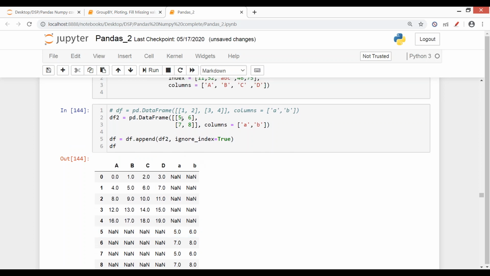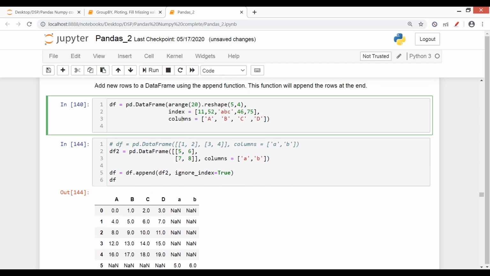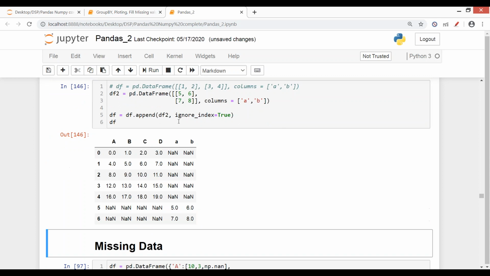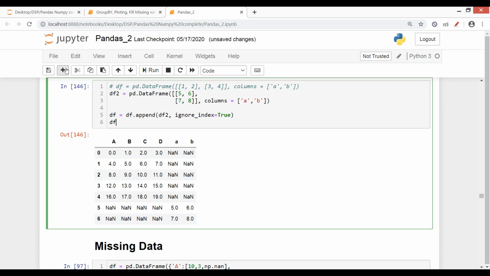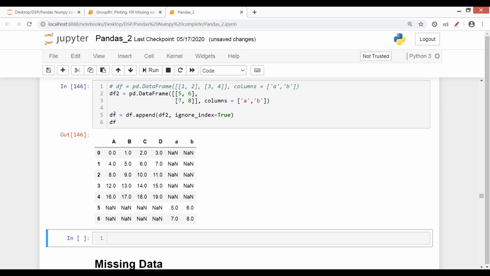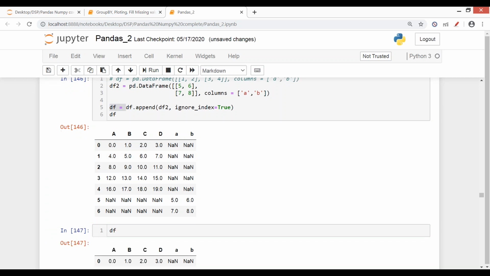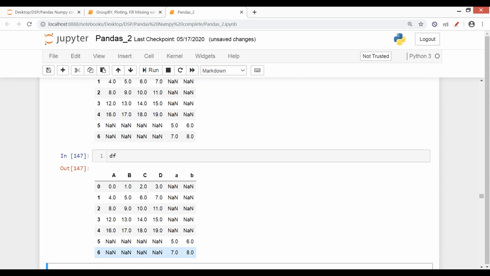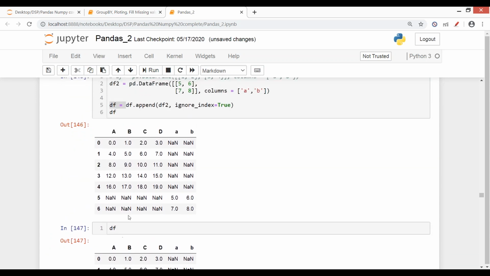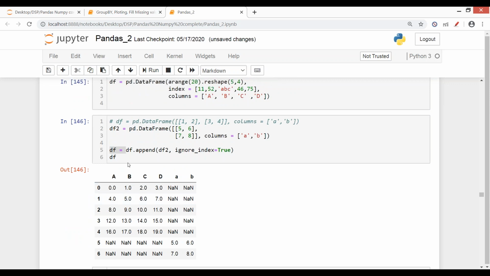So I need to rerun this command now. Okay, now the index is renamed, like 0 to 6 which already existed, it's no longer that, and this change is permanent. If I do this df, because we have overwritten the existing data frame, now when I run my df, you see it's still the same. So dot append, the append operation, is there in data frames as well.